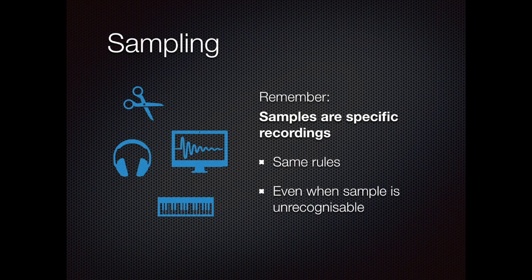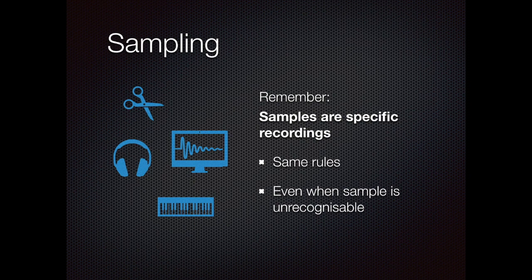Someone else actually owns that performance, and it's not your right to actually use it. So even if you flipped it, time stretched it to 200 times, then chopped it down to 1/16th, and used it in 3 octaves lower register than the original, and then reversed it, even then